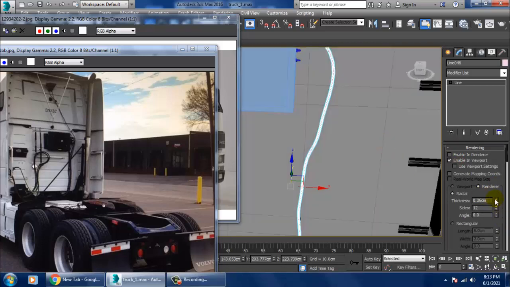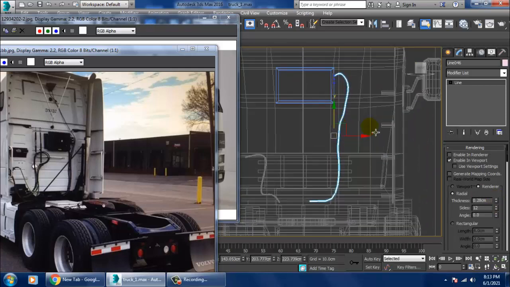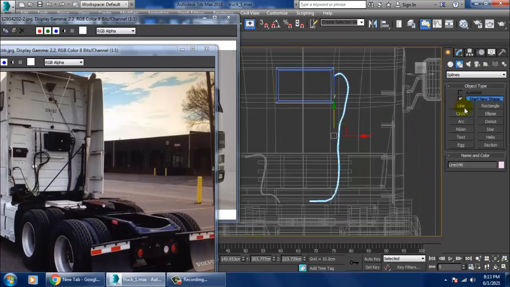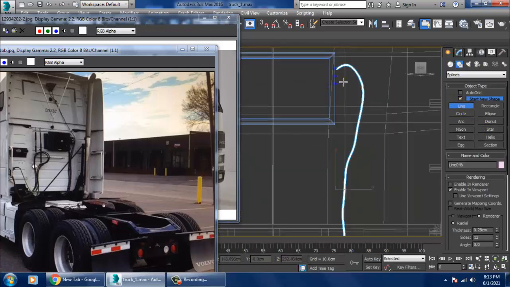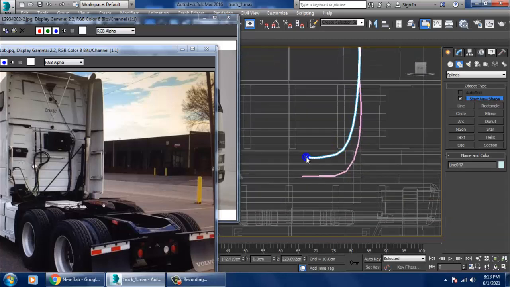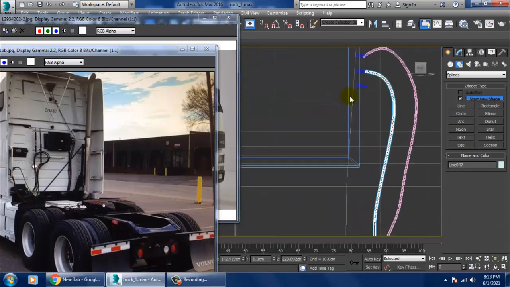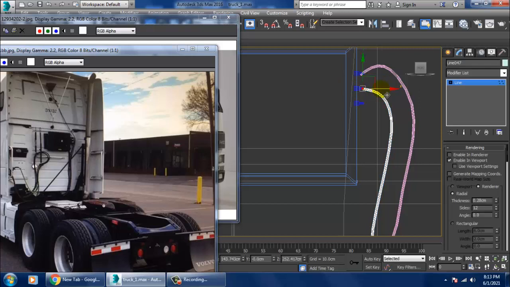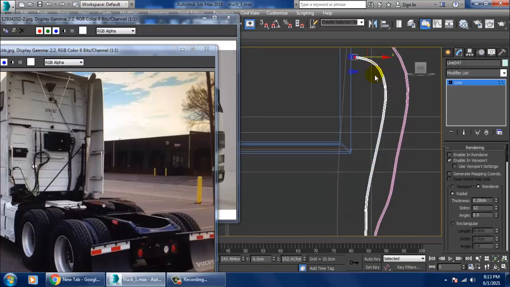You can slightly reduce that. So again I can go over here. We can generate such details in this way.